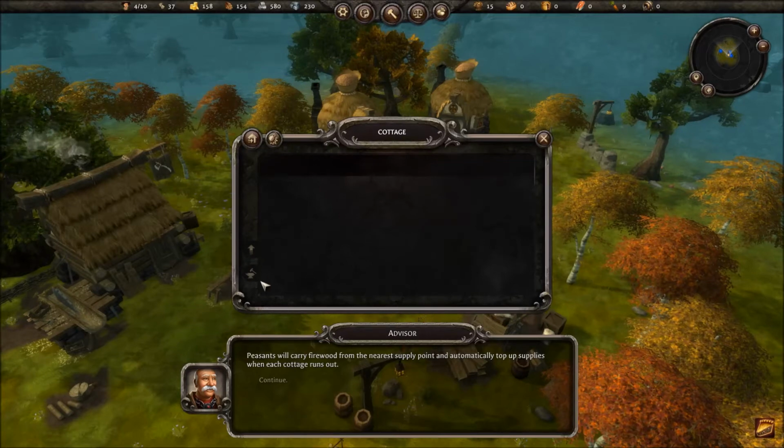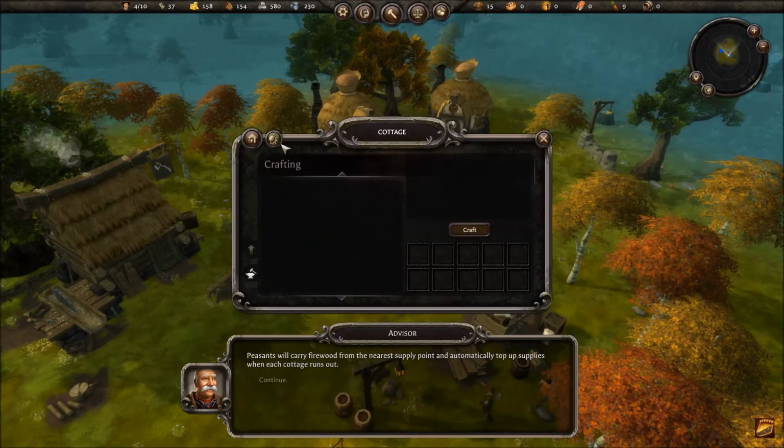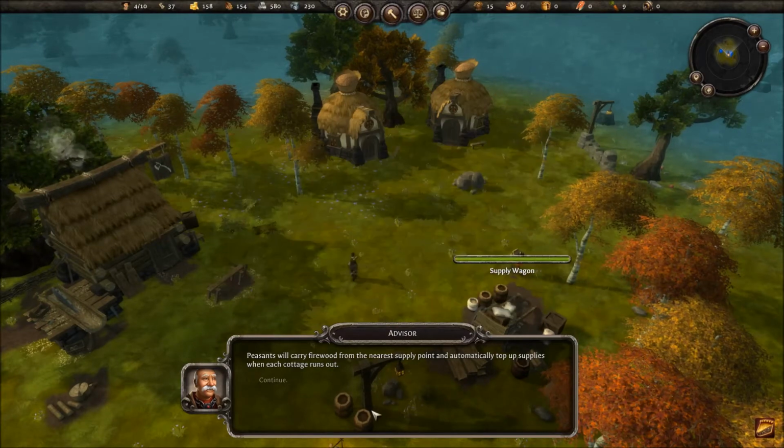Does it show you the inventory here? Oh, you can upgrade the houses too. Cool. We're not going to. Oh, you can craft in the cottages too. What? No, cancel. I don't want to sell this building. Anyways, we'll